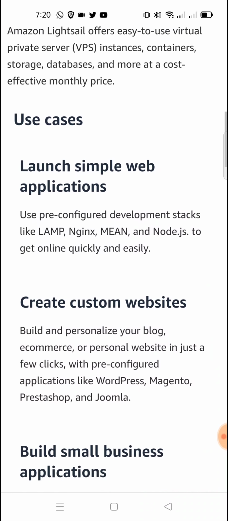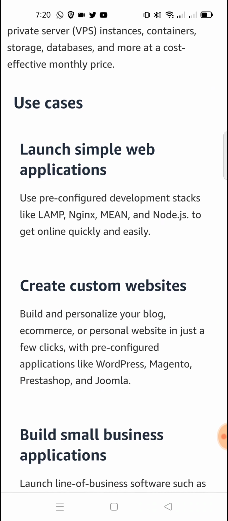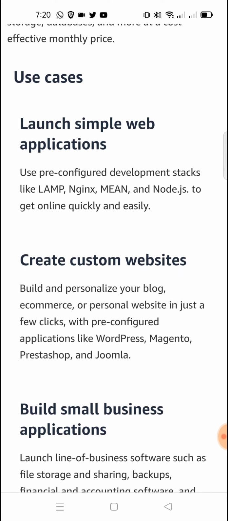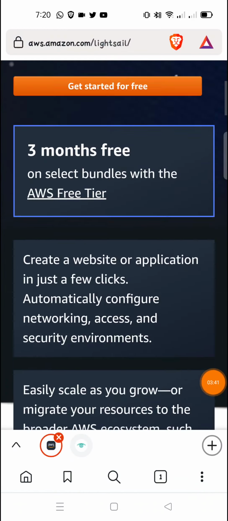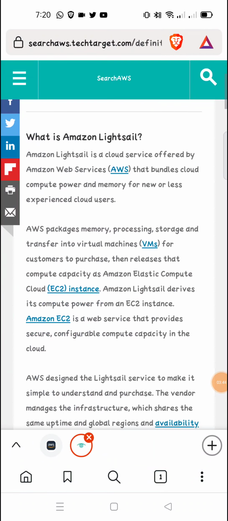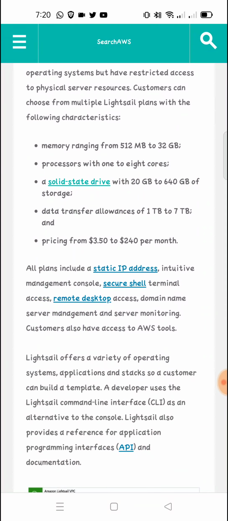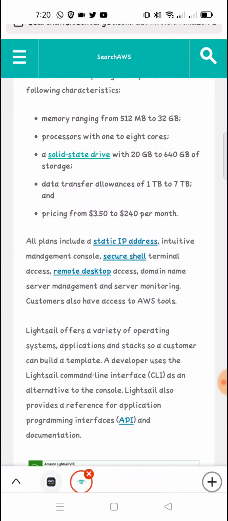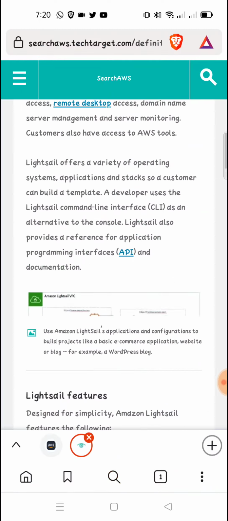Use case: launch a simple web application. You know that you have pre-configured development stacks like LAMP, Nginx, MEAN, Node.js to get online quickly and easily. If you need more, you can visit here. What is Amazon Lightsail? Everything is here, like storage, how many price ranges, remote desktop, domain name, everything is here, like the screenshot here. Okay,